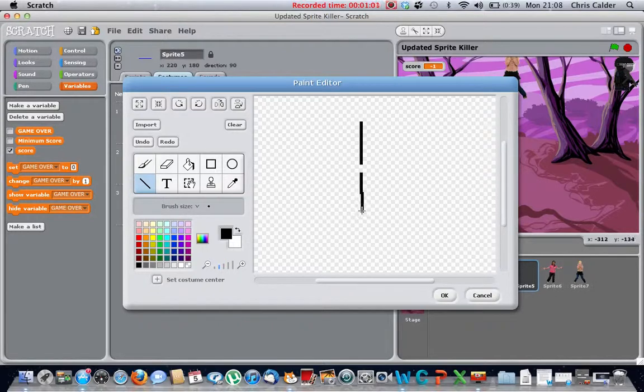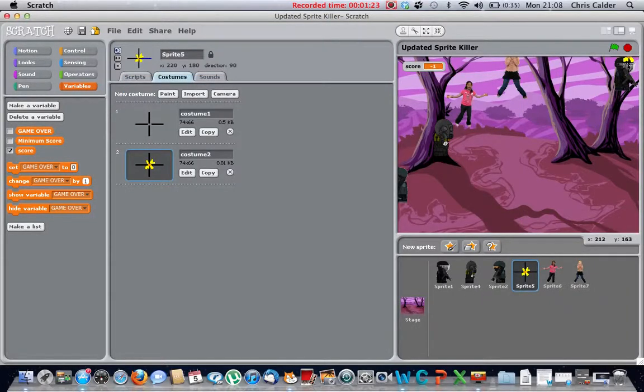and draw another line for the bottom, and then we draw another line here like this, and draw that line. It's very simple, and that is your crosshair. As I already have one, I'm just going to cancel, but if you were making this you would click OK. So cancel that, and as you can see in here we have the crosshair,